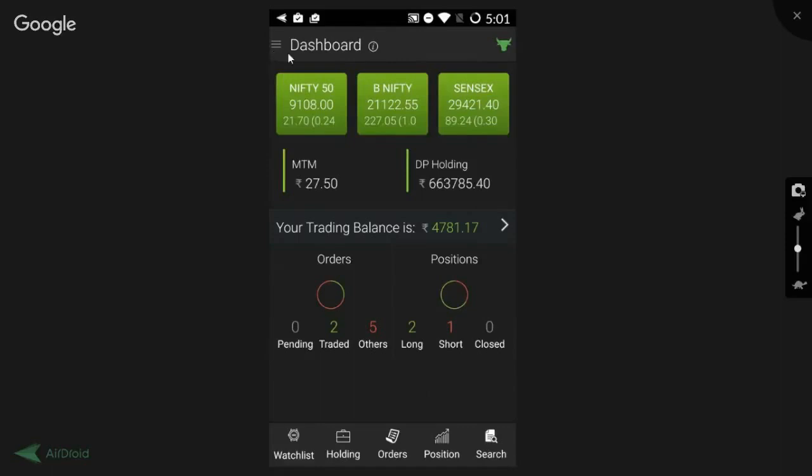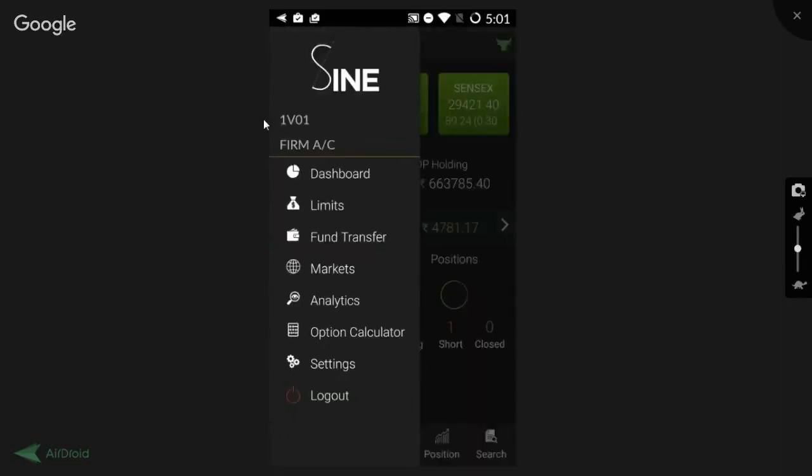Besides the dashboard, there's a slide down menu bar we can see, and when we click on it, a menu slides out. Here is the option of all the things that we had gone through and some of the things that we'll go through the next time. Firstly, this gives us the information of the logged in user. Then again, there's a dashboard. So if we are on another screen, we just have to click on the slide down menu bar, and we can get to the dashboard.